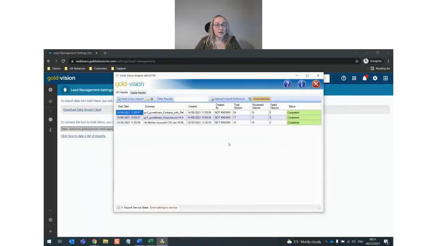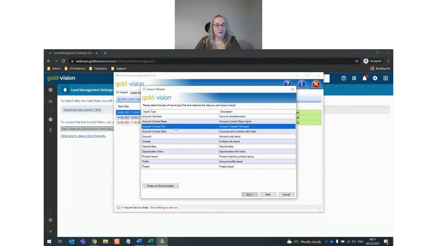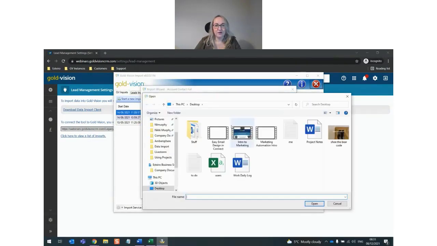So coming back to the import tool now, first thing to do is click on Start a New Import. And we're going to be working with this account contact full. So you can see there's all these other different types of import. Do note that you can create an Excel template for each one of these, and that will show you the fields that are available to be imported into that import format if you want to see for other bits of information perhaps going forwards. So clicking on Next, I then just need to browse to find my file